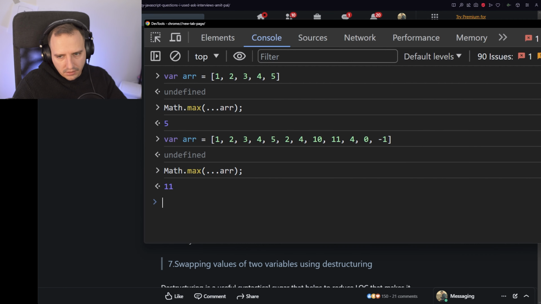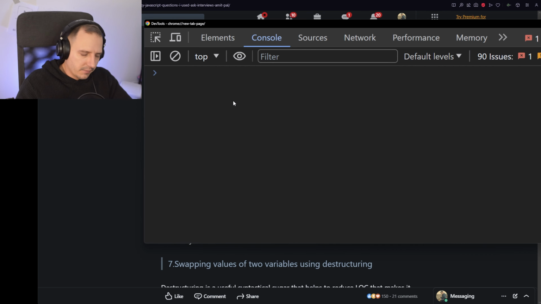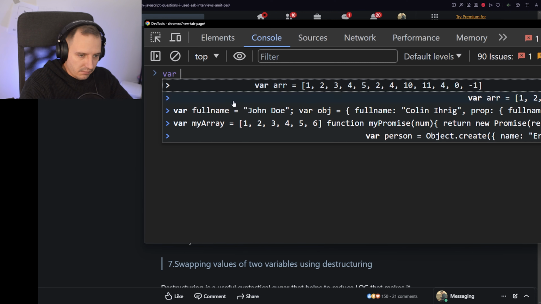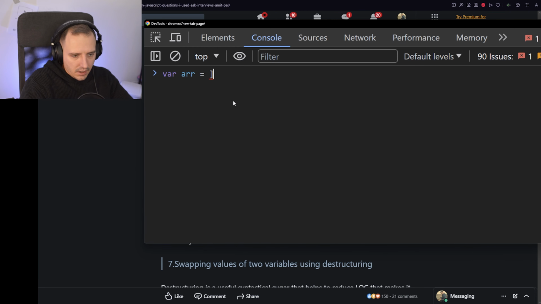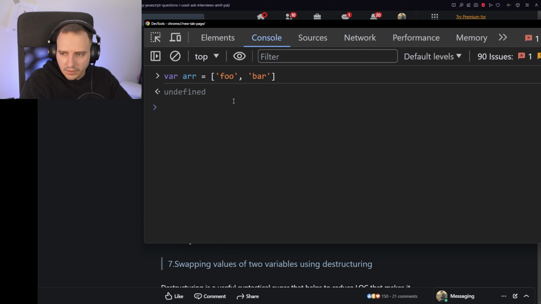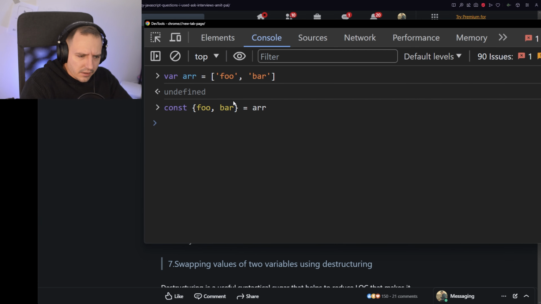Using destructuring is something like you have, say, an array, and I say it's foo and bar, right? And I want to put them into their own variables, so I just do const foo bar and you do array, right?